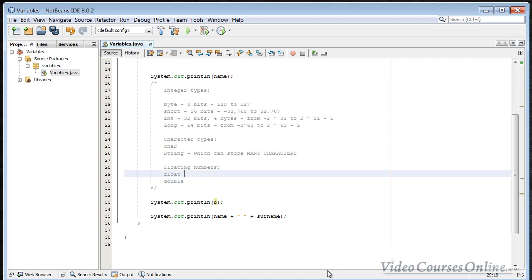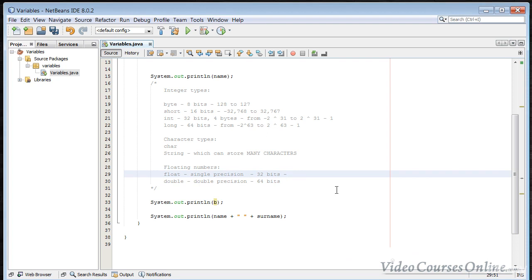So float is single precision, which means you can lose precision here. And double is double precision, which means that it's better to use double precision. The truth is that right now almost nobody is using the float because it might give you more headaches than good things. Okay, this has got 32 bits, this is 64 bits,